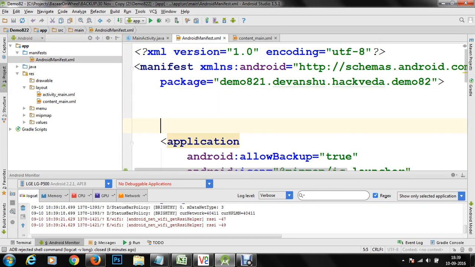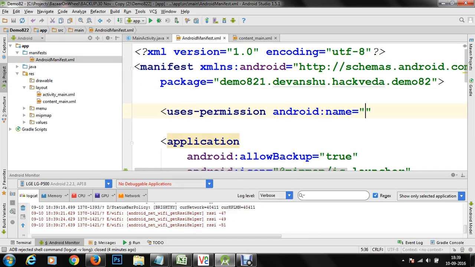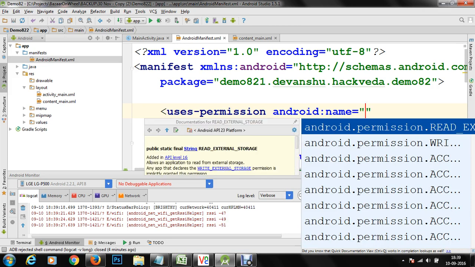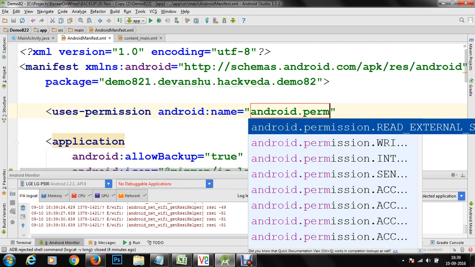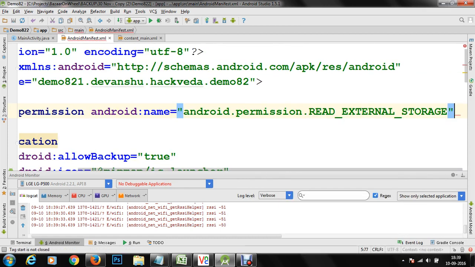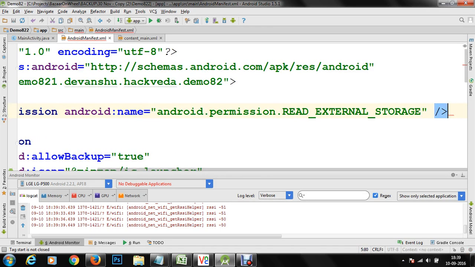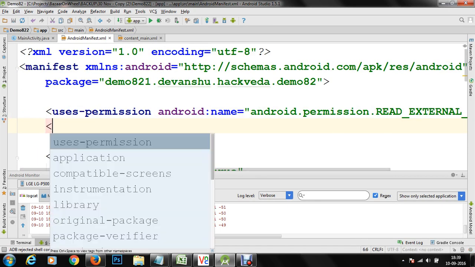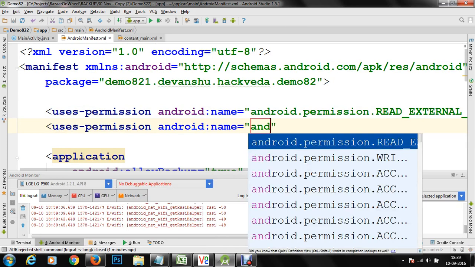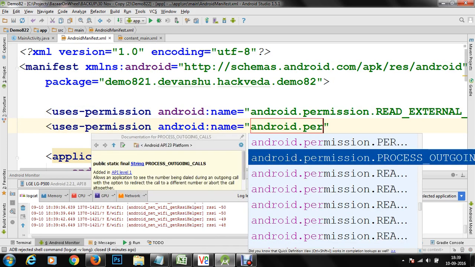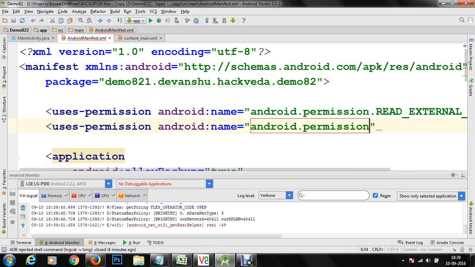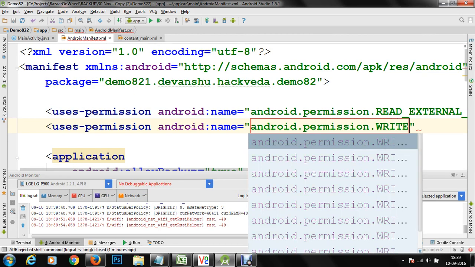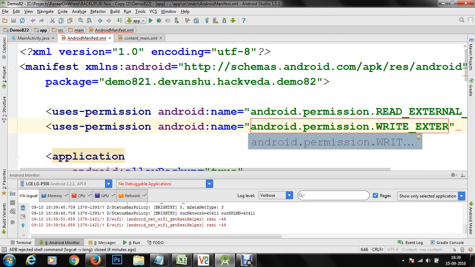Here above the application tag, I'm going to write uses-permission, and the permission which I'm going to make use of is android.permission.READ_EXTERNAL_STORAGE, and another permission will be uses-permission android.permission.WRITE_EXTERNAL_STORAGE.